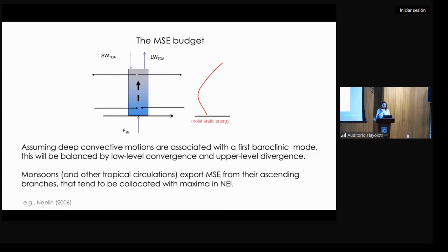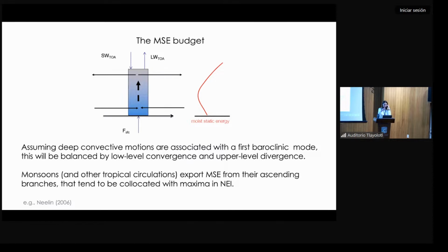If we further assume, and again people are trying to think about the consequences, the implications going beyond this simple first baroclinic mode picture of the tropical circulation, that in the tropics, in general, motions are associated with the first baroclinic mode, and what this means is that we have vertical motion maximizing in the mid-troposphere and being accompanied by lower level convergence and upper level divergence, then again,